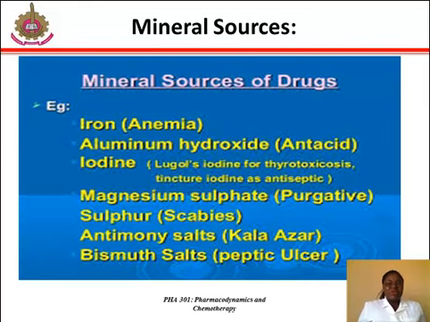Metallic and non-metallic sources like the iron that I've mentioned earlier can be used in iron deficiency anemia. We can have mercurial salts used in syphilis. We can have zinc, which is used as zinc supplement. Zinc oxide paste is used in wounds and in eczema. Then we have miscellaneous sources like fluorine that has antiseptic properties, borax that has antiseptic properties as well, selenium as selenium sulfide, which is used in anti-dandruff shampoos.